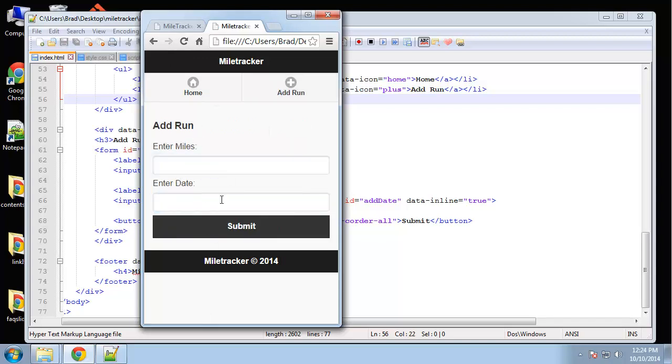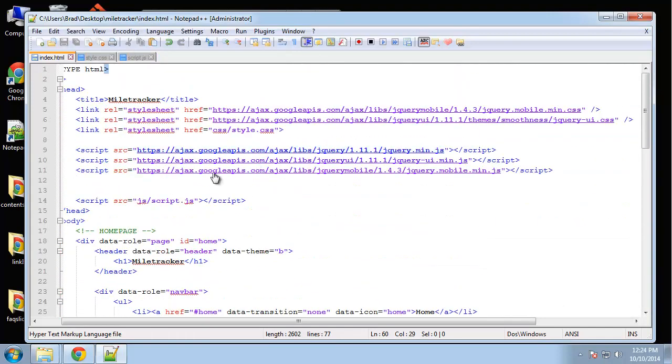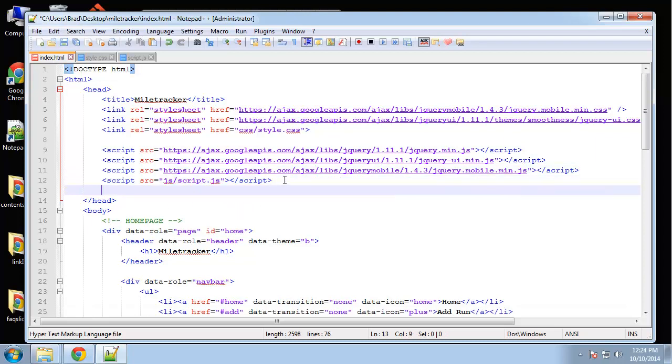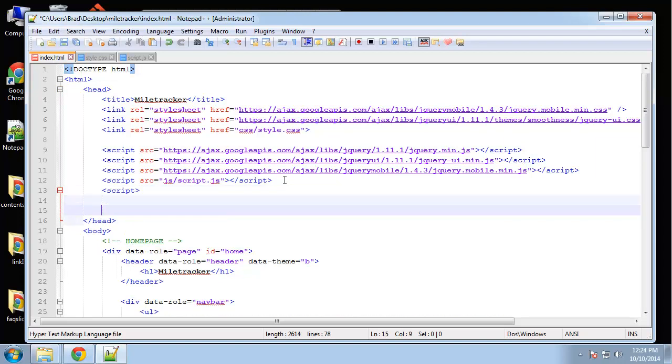Now the date here isn't popping up. We need a date picker to pop up. We need to actually call the date picker from JavaScript. So right here, okay, so script. Okay, and all we need to do here